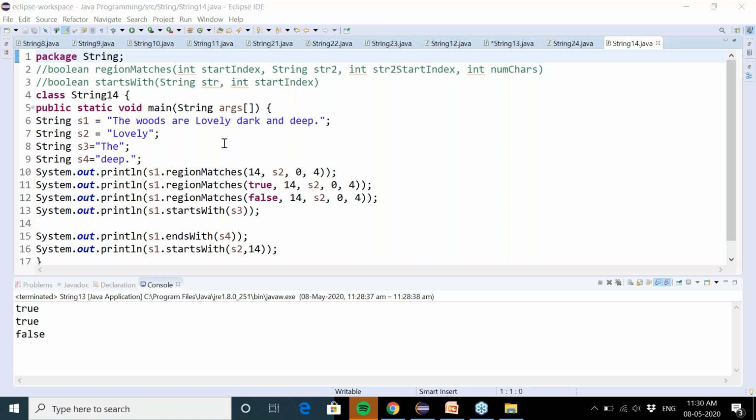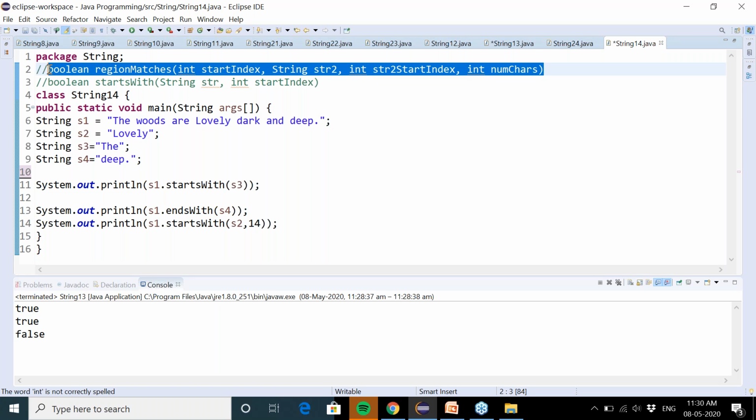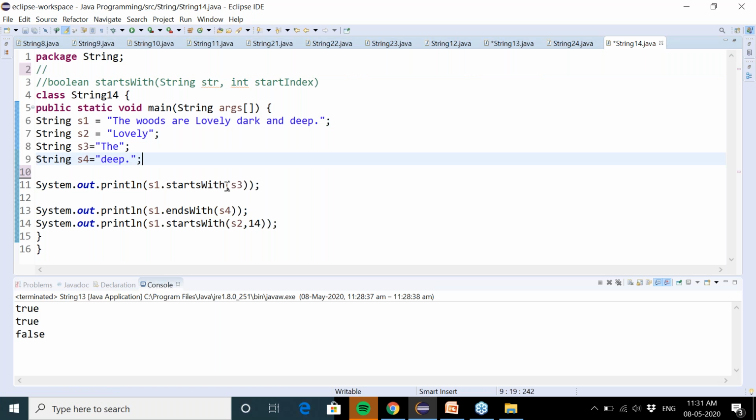So we now have the S1 string, "the woods are lovely, dark and deep." S2 is "lovely", S3 is "the", S4 is "deep". If you want to find out whether a particular string starts with a particular word or not, then you can use startsWith.